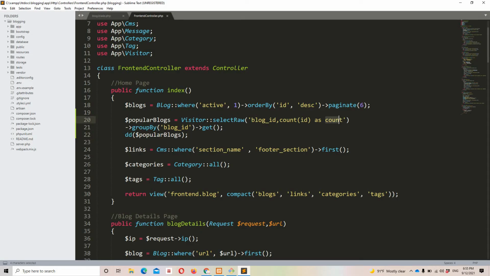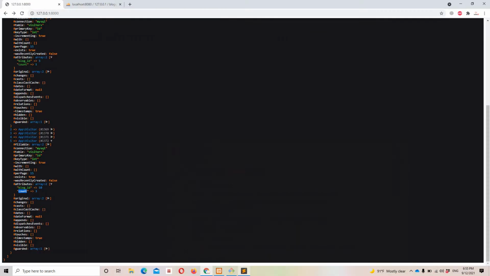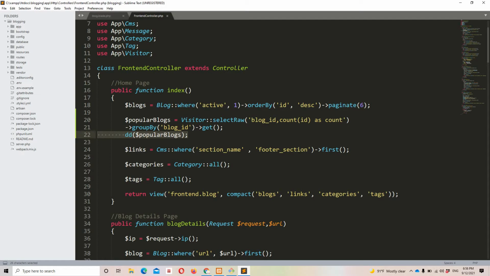Okay, this one. So yeah guys, now it's working fine. Now what we need to do is some minor changes. I need to group all the blogs that are related to this ID. We have already grouped them with the help of ID right here, you can see. So now whenever I have a blog ID, let's say in this case 10, it is going to merge that record, and we are saving the blog ID in the blog ID variable, and we are saving the count in this count variable. As simple as that.